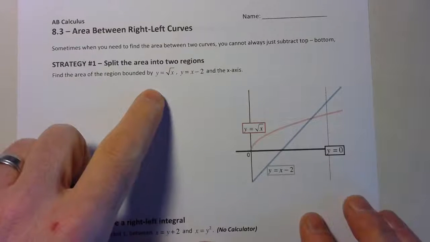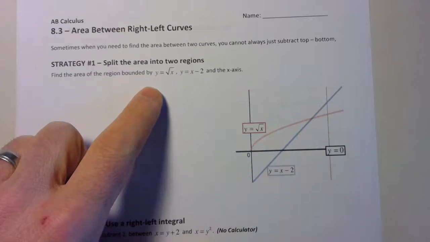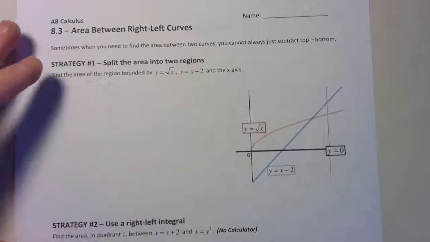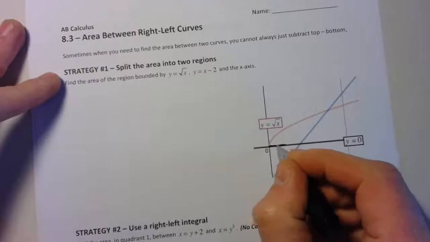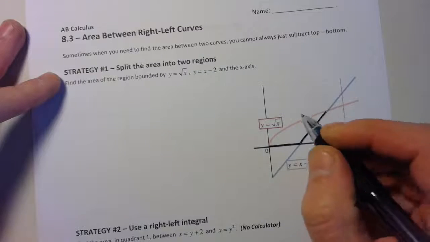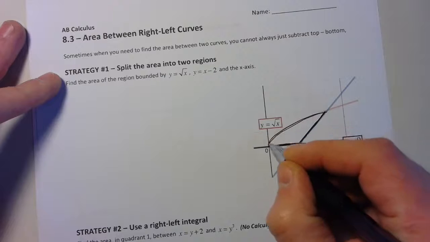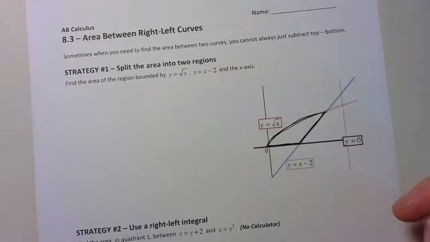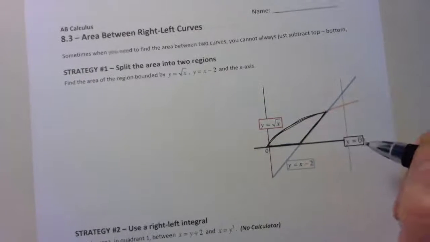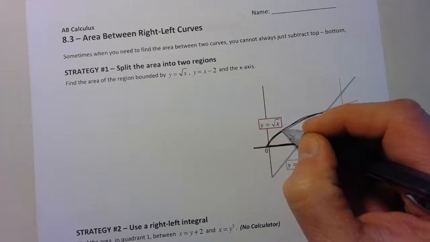So if we're looking at this one, we have y equals the square root of x and y equals x minus 2, and we're also bounded by the x-axis. Here's the x-axis, here's y equals x minus 2, and then here's the square root of x. You can see that for this one, there's a little different way to think about it, because if we make our rectangles up and down here,